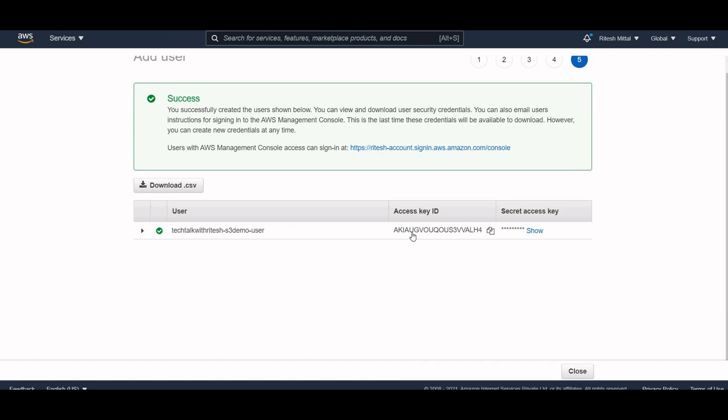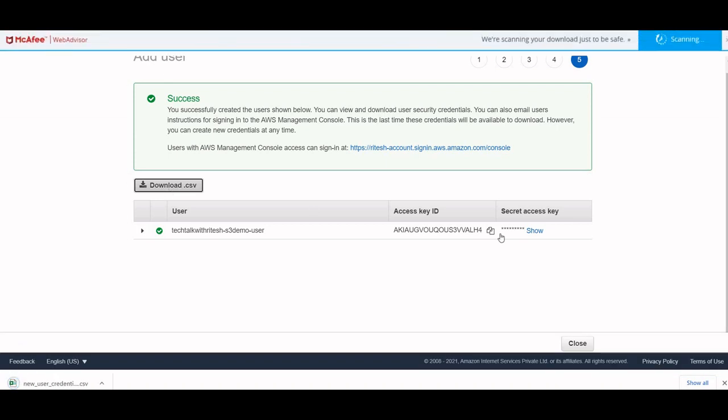Okay, so here we will find the access key and secret key. This is very confidential, never ever share it with anyone, since you can see it right now, at least the access key ID. So right after this demo I'm going to delete this. We can also download this CSV, which has the same information, and the secret access key, which is hidden right now, is available in the CSV file. So I will just download it.